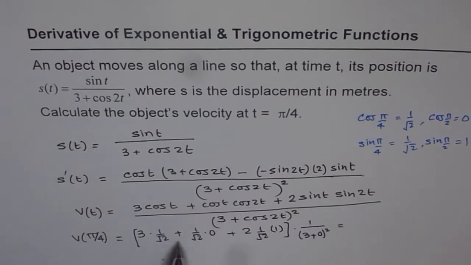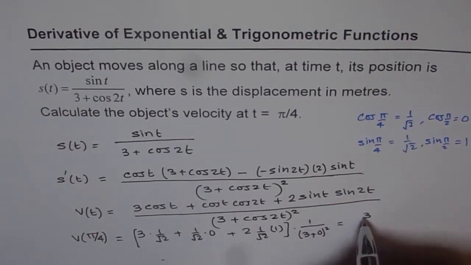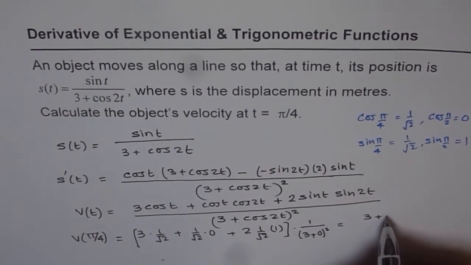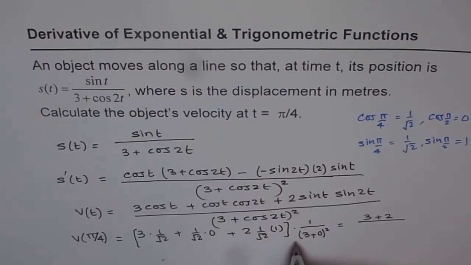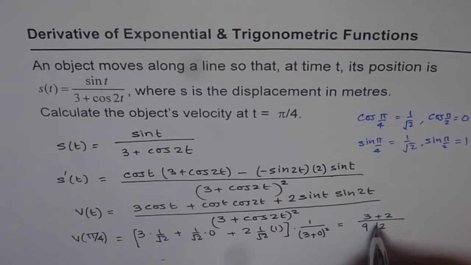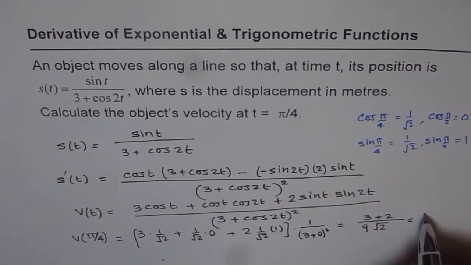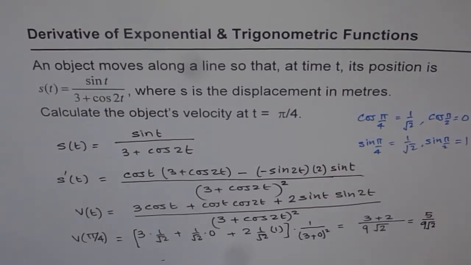So now we can take square root 2 as a common denominator. This term is indeed 0. So we are left with 3 plus 2 over 3 square, which is 9, and square root 2. And that equals 5 over 9 square root 2, right? So that becomes the velocity, and the unit should be